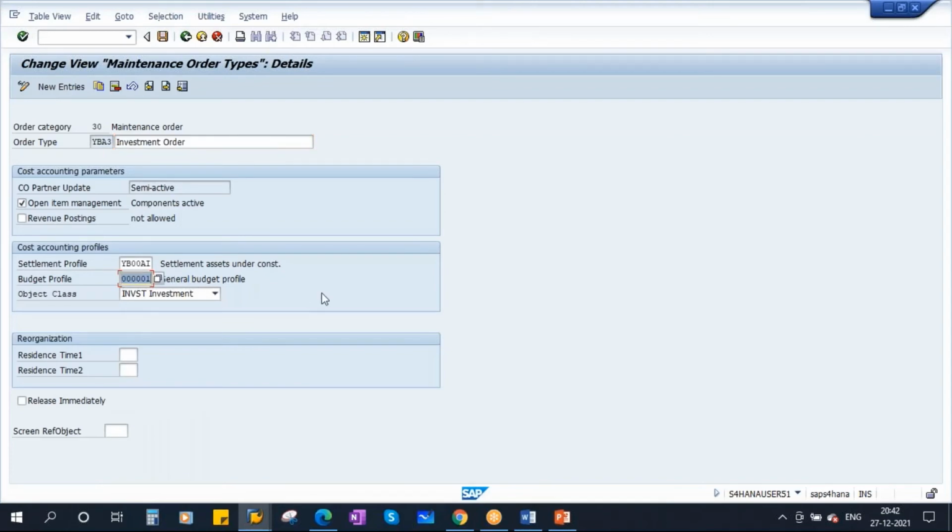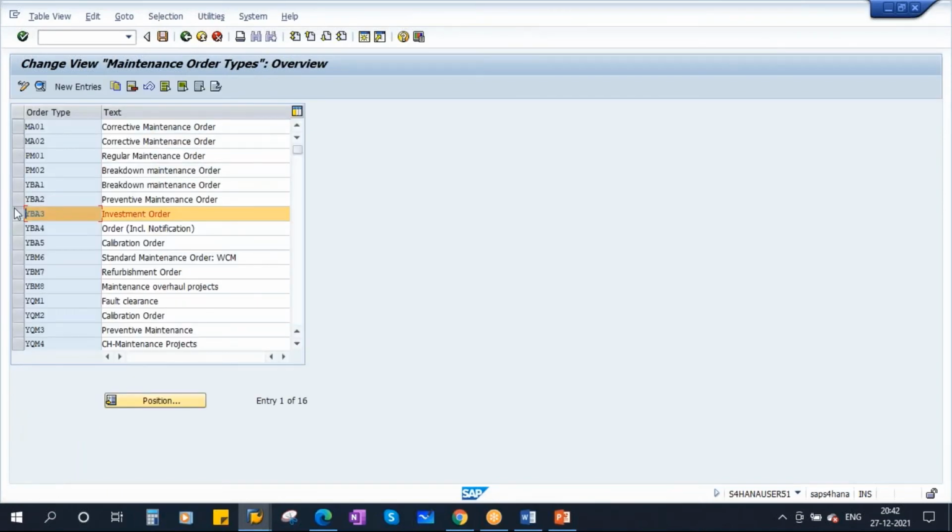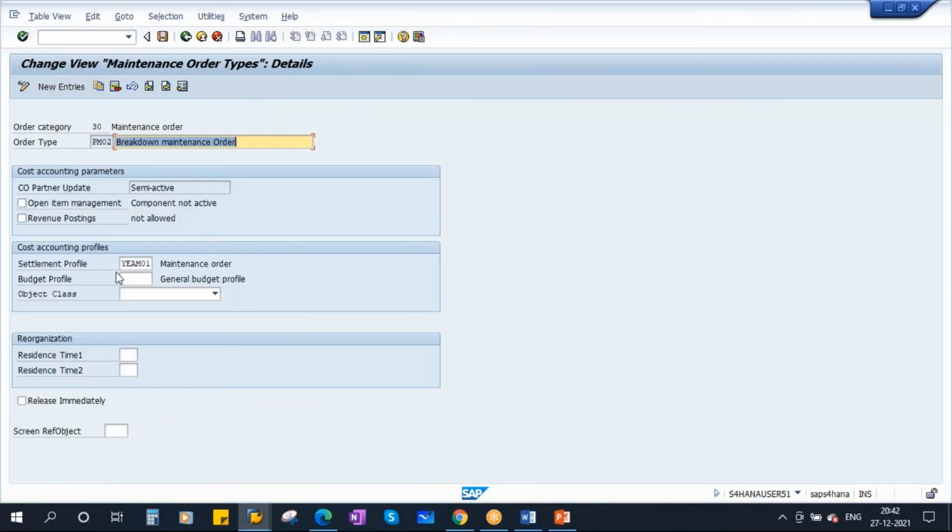Okay. So if you are creating a new order type for investment order, then you need to assign the budget profile. Otherwise, it is not required. So in our case, we are creating a normal order type. So now that budget profile is not required. So again, I will go to PM02. Okay. So budget profile is not required here.